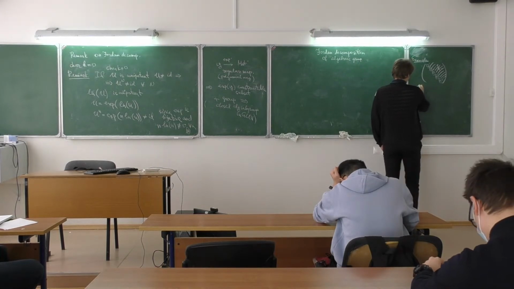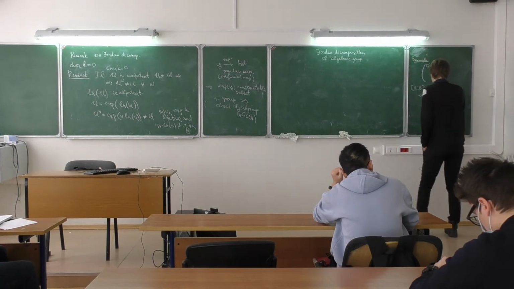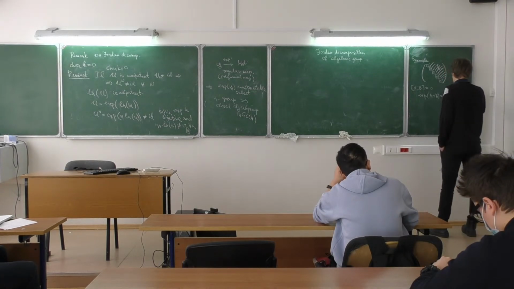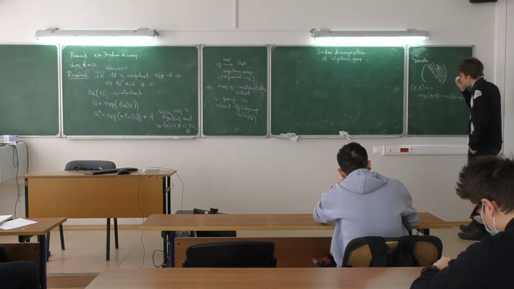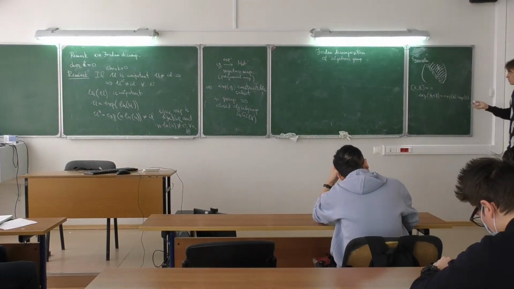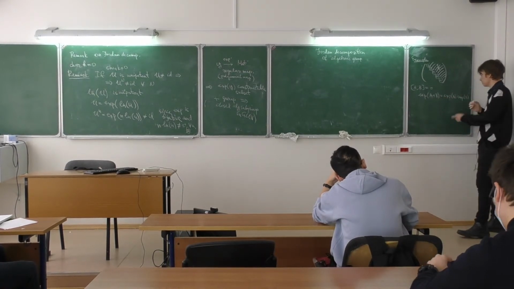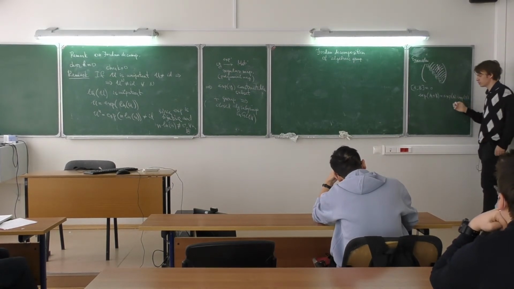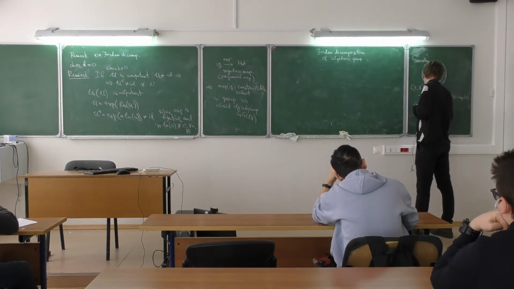Yes, so if the commutator of A and B is equal to 0, then of course the exponent of A plus B is equal to the exponent of A times the exponent of B. And in the more general case, there is a much more complicated formula, which is called the Campbell-Hausdorff formula, that tells you how to write down the exponent of the product. So actually, you are writing down the logarithm of the exponent of the product,